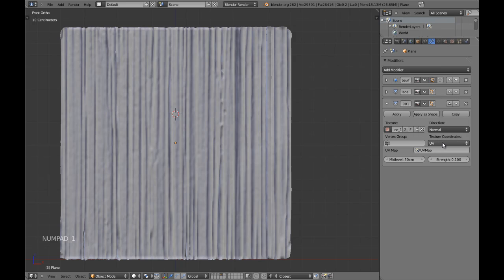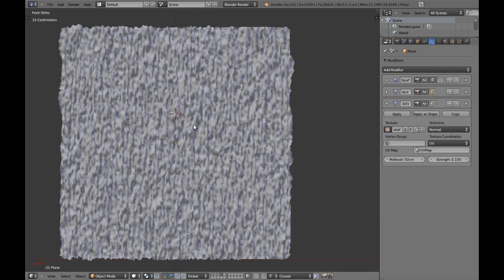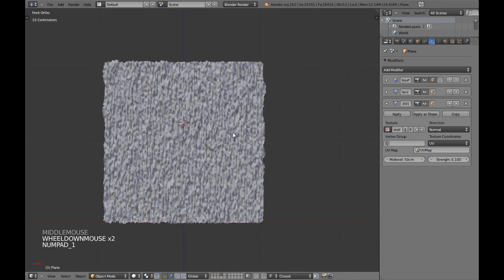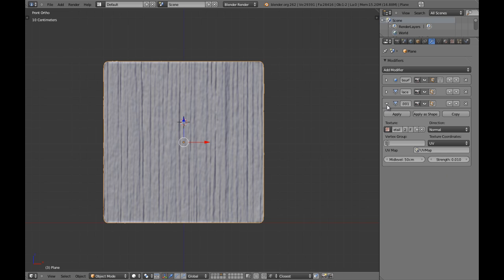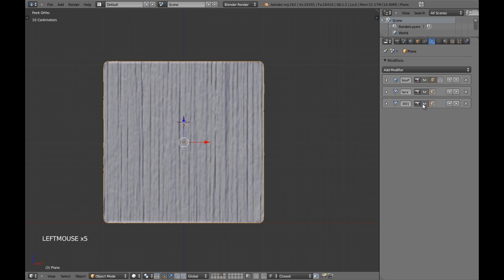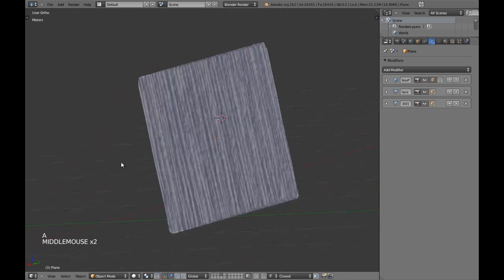So we're going to change this because we're going to be using the detail with this, and again looking really bad. Okay, we're going to change this strength again, 0.1. Now you will see the difference. We have or we don't have the detail. Okay, so